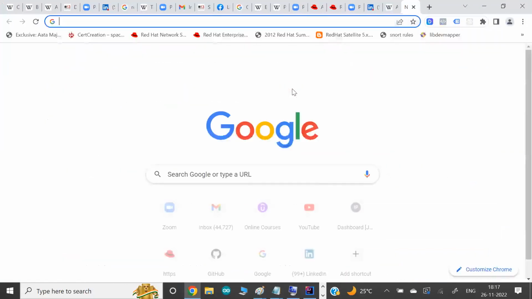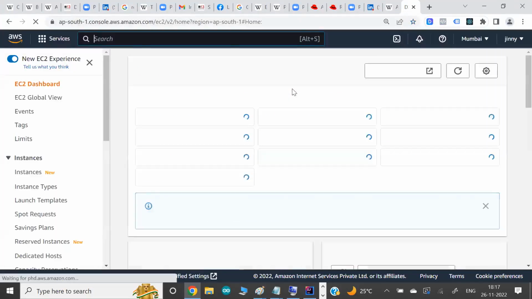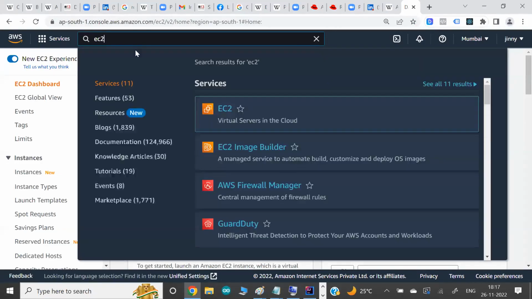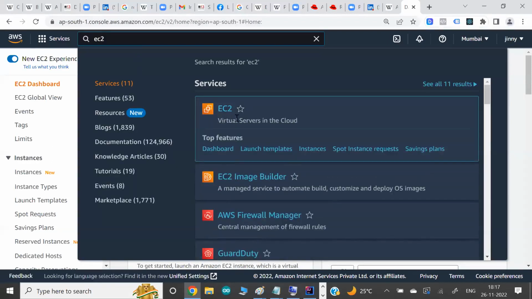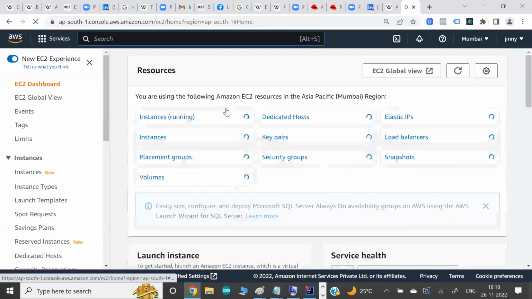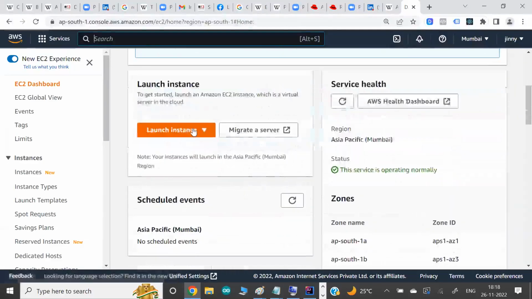I already have the account. I'll go to my AWS cloud. I'm already logged in here. After I log in, there's one program called EC2 through which we can launch a computer on the cloud. Search. Okay. And there's an option to launch one instance, like an OS, like a virtual machine.